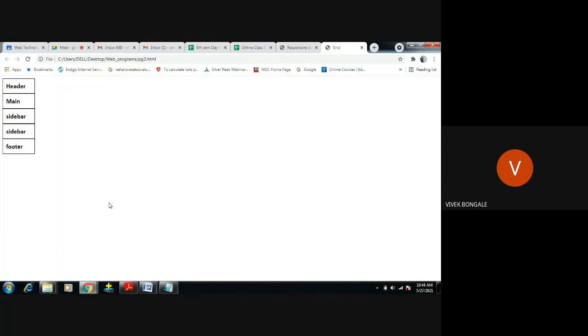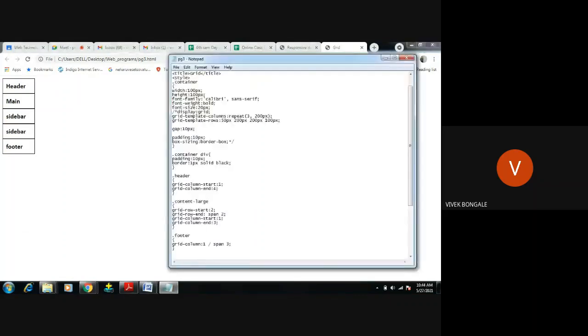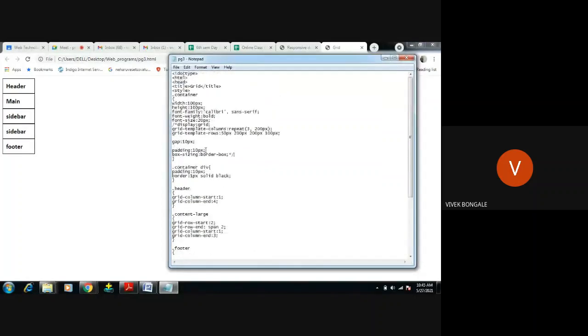See, right? So what I did, I just commented the display grid. Okay, commented. This is not in the form of grid now, because whatever I have written for this grid, that grid part only I am commenting. I am removing it from that code. Now the browser is not in the form of grid. If we use display grid, then our browser will be converted into grid format.